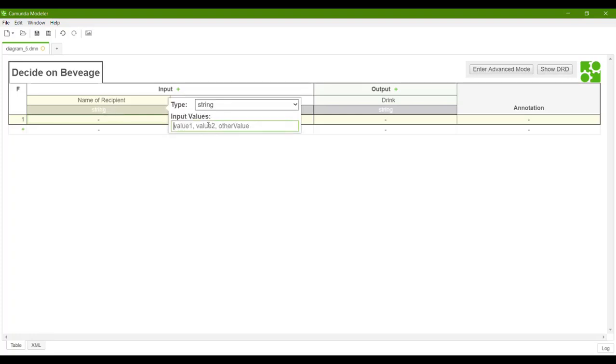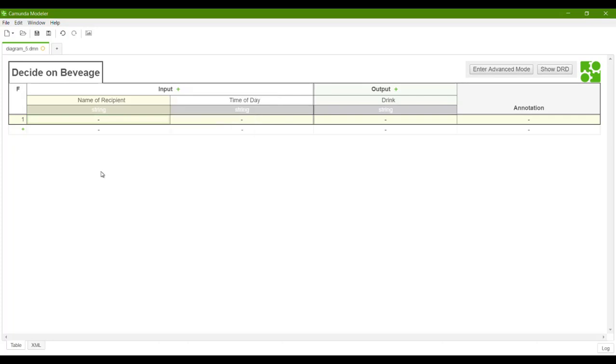If I select that, I basically get to add allowed values. So I can say Dale Cooper will be wanting a drink, Bear Grylls, Yoko Ono, and that'll do, I think. There we go. So these are now the allowed values.